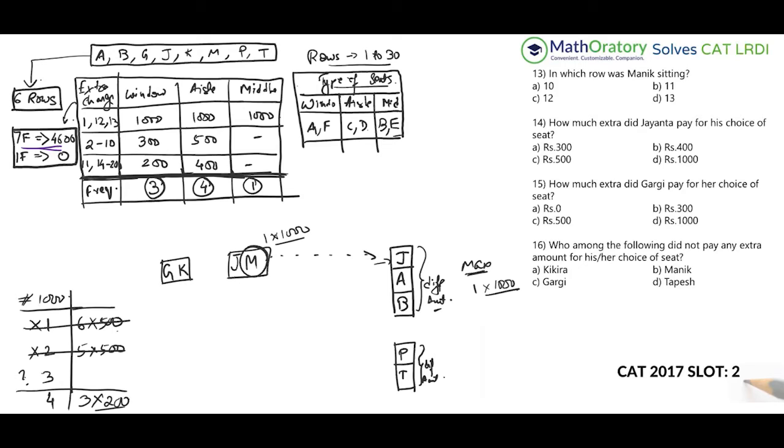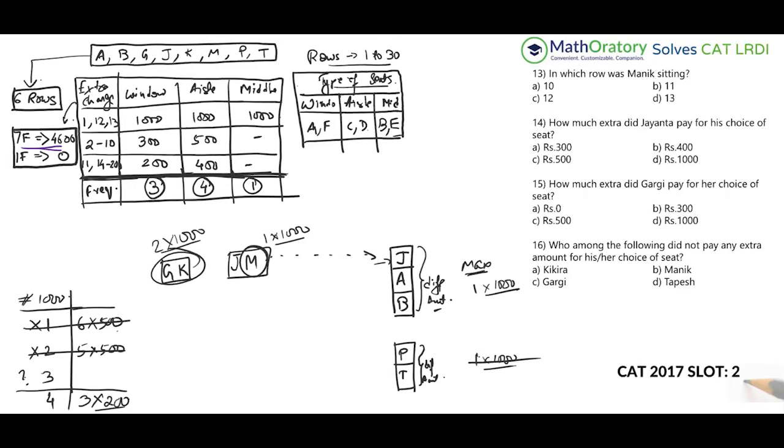What about P and T? You can have one of them paying 1000, but now there's a problem, right? Either G and K both pay 1000 or both do not pay 1000, because G and K are on the same row. So if both pay 1000, then there are 5000s. Or let me put it this way. Let's say there are no thousands here. This is a maximum anyhow. So let's say both of them are paying 1000. Both G and K are paying 1000. So now we have achieved 4000s.